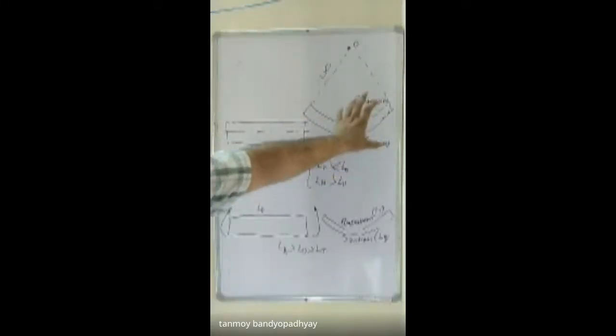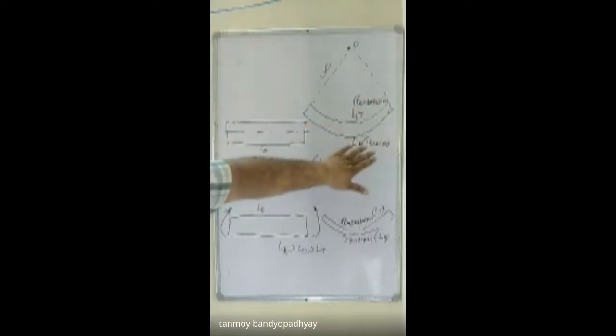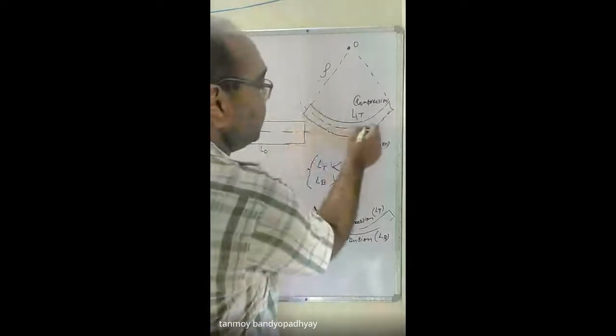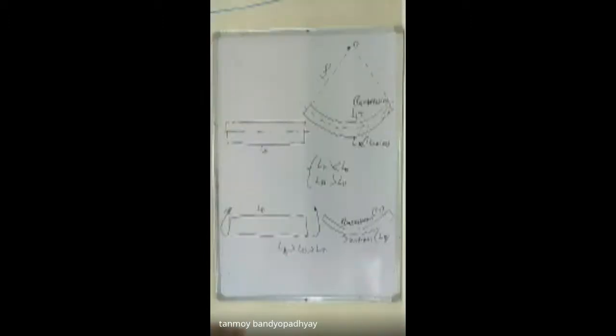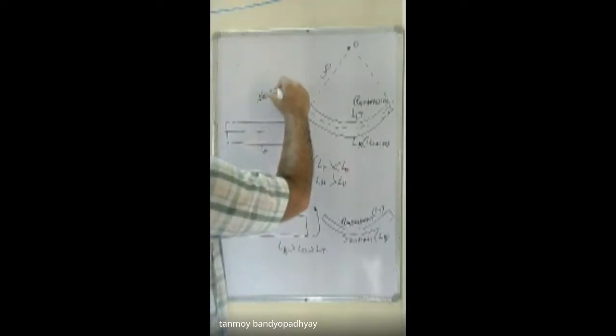So a time will come when the deflection is actually zero, or the strain is actually zero. That layer, we call it the neutral axis of the beam. The neutral axis is a layer of the beam where there is no change in the length of the beam, which is undergoing no deflection, no tension, no compression, no strain. That layer, we call it the neutral layer of the beam.